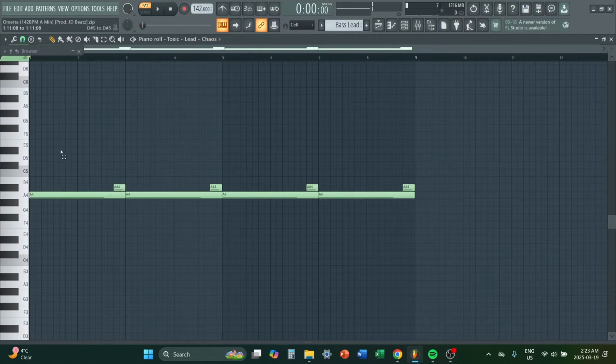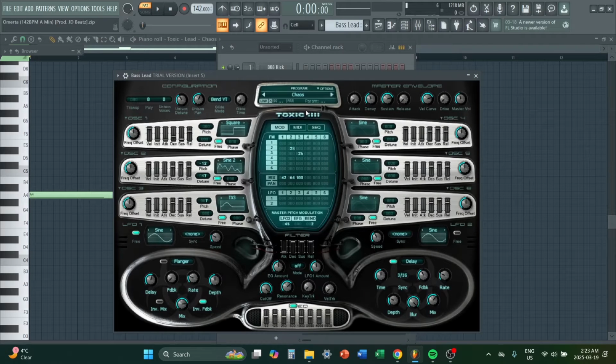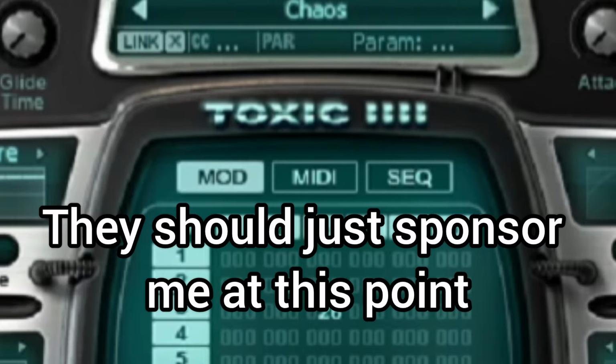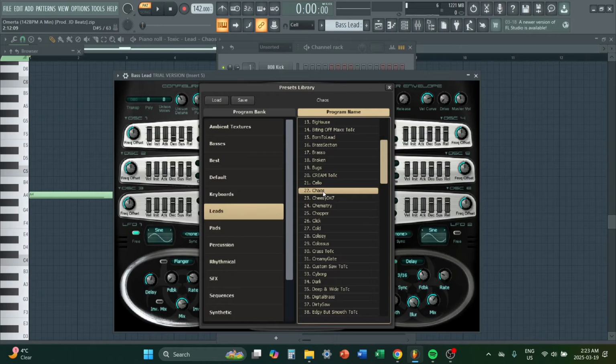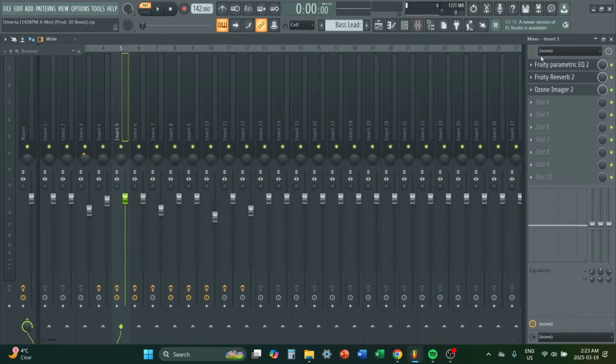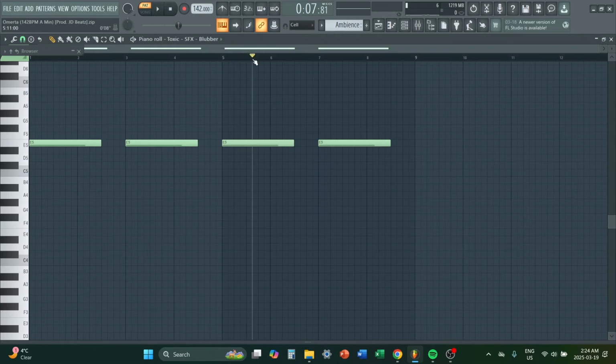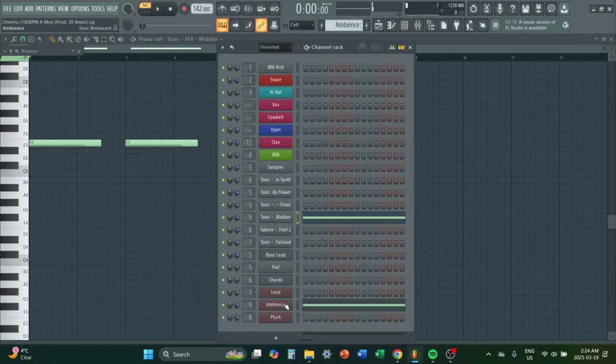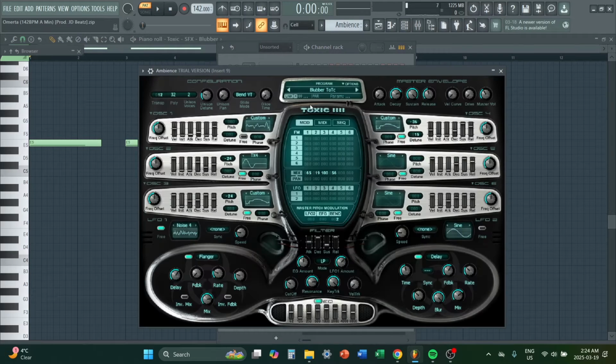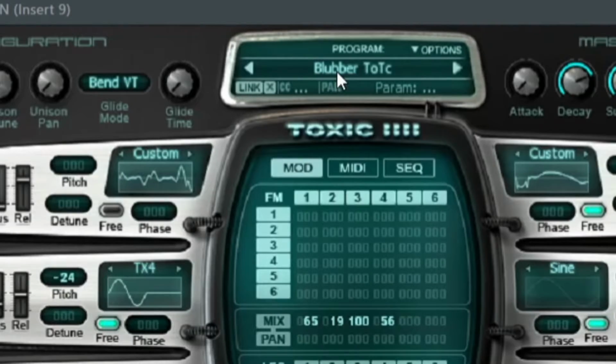And again, very simple. So again, this is in Toxic Biohazard. This is called Chaos in leads. And then on the mixer channel, I did the same thing actually as the pad. And I added this ambience right here. I don't know, that just sounded tough to be in the background. That just sounds hard, but this is called Bubbler